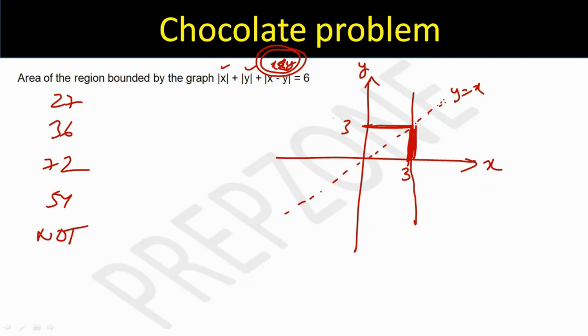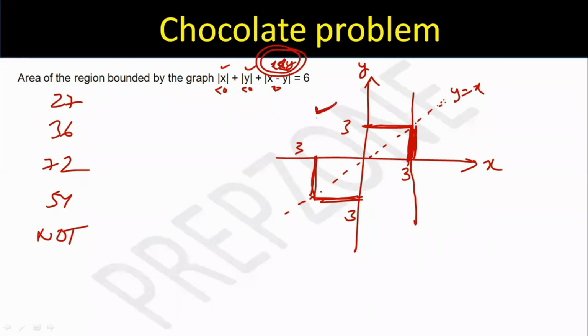Then I took x is less than 0, y is less than 0, and x greater than y. Do you really have to take it? Will it not be the exact mirror image? Symmetrical, right? It's going to be symmetrical, so you don't even have to try. So it has to be a square here as well. Then